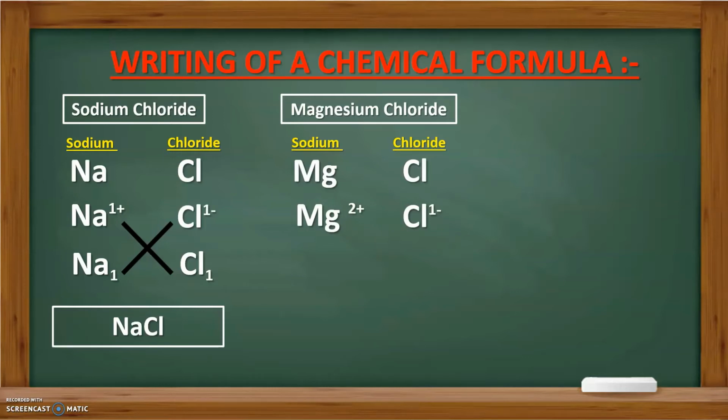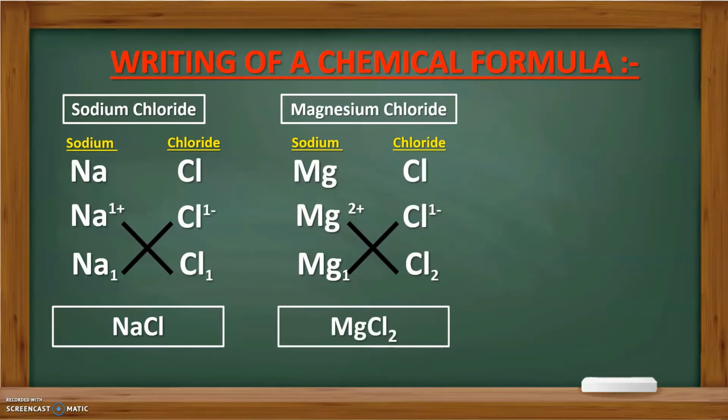In the third step, we interchange the valencies of both these elements, where Mg has a valency of 1 and Cl, which is chloride, has a valency of 2 now. So, in the final step, we write down the formula of magnesium chloride as MgCl2. Since Mg has a valency number as 1, we ignore the number 1.